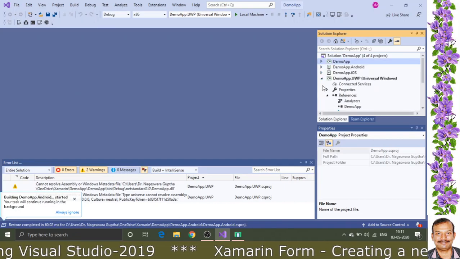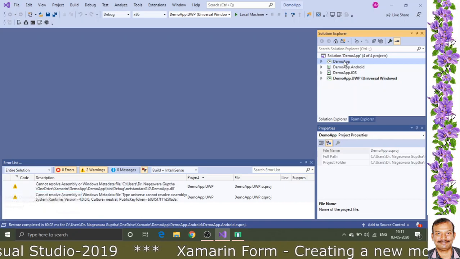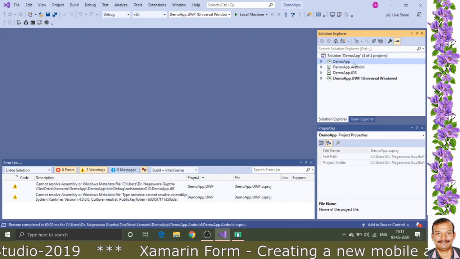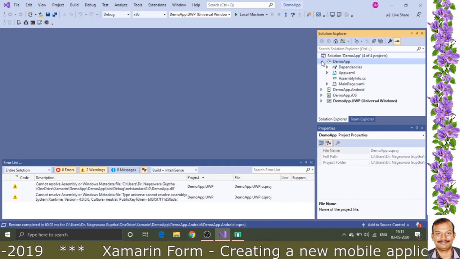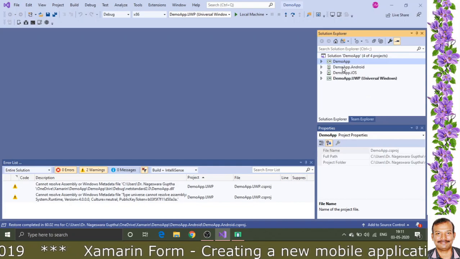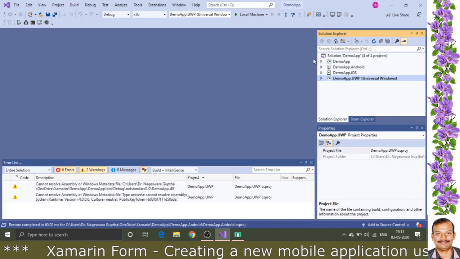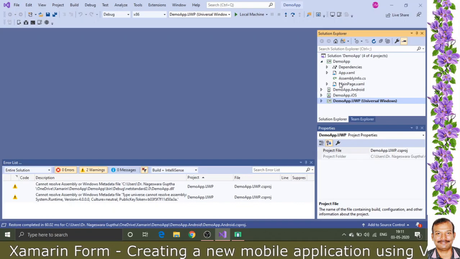The Visual Studio 2019 has created an application for us. Here you can just see this is the C#. Initially that is called PCL. Now they are calling it as SAP or whatever it is. But this is the C# code which we will be handling. These 3 things are automatically created by the IDE once we do modification in this. So here there are so many things that are available.